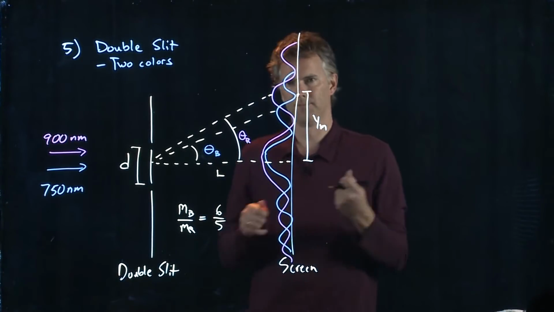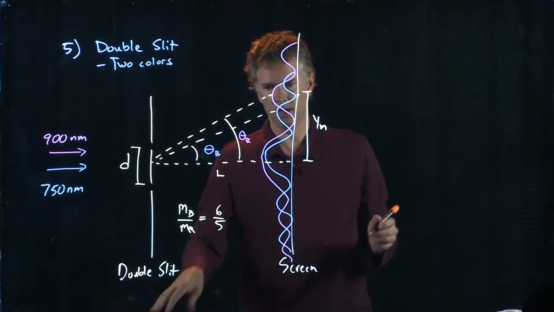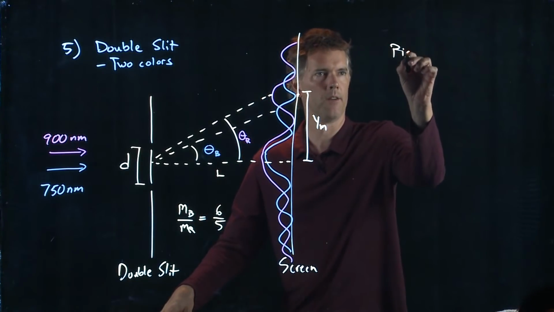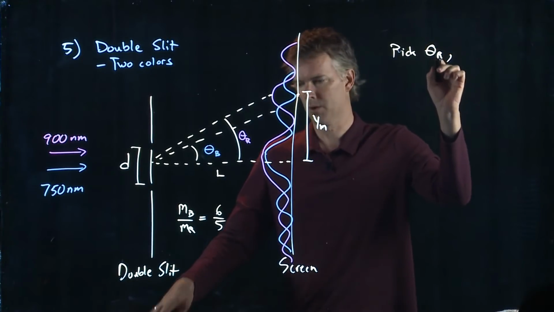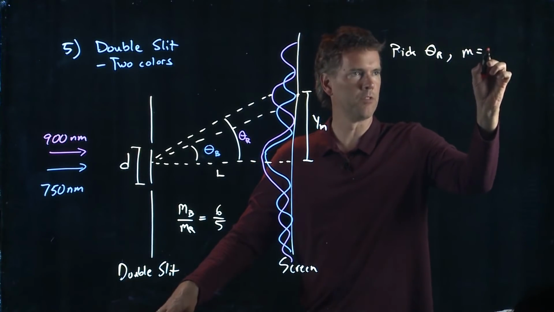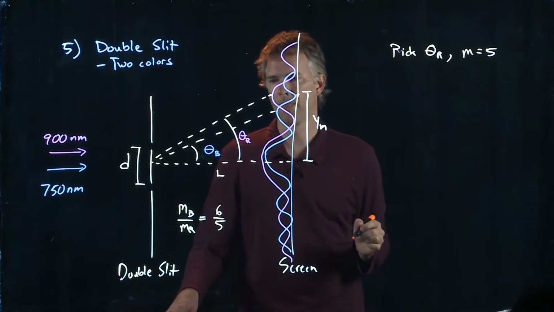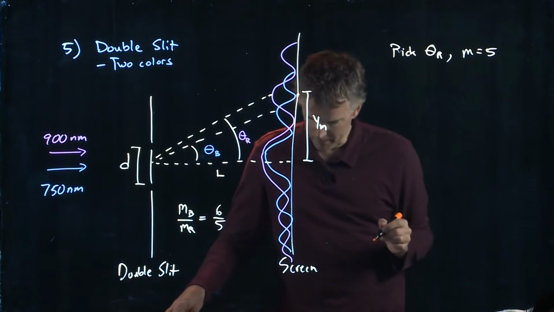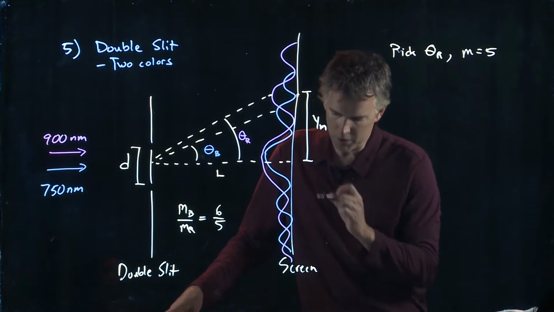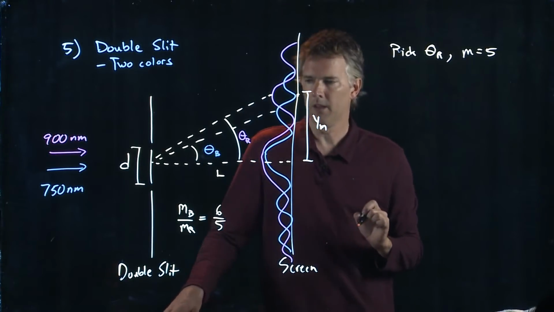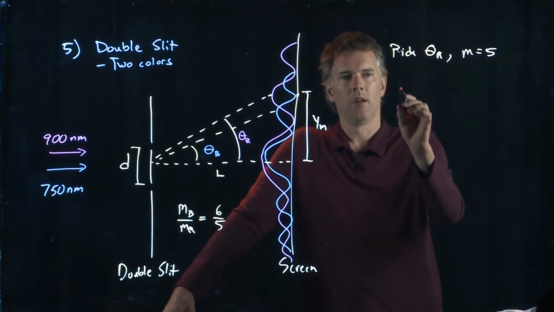All right, so let's pick the theta r, which corresponds to the m equals 5 pattern. Okay. In the problem, they told us d. They also told us L. And so what we can say is